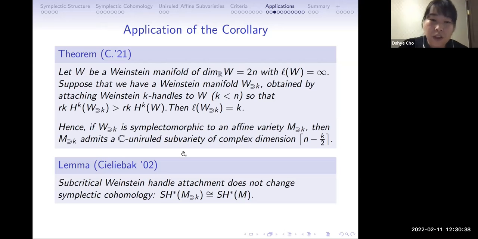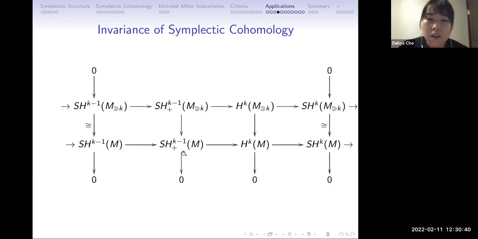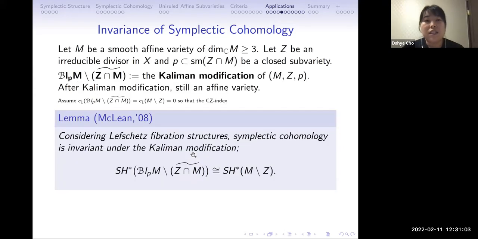So when you see this diagram, symplectic cohomology does not change, but cohomology changes. So the extra cohomology classes should be hit by the delta map. So the L invariant becomes k. So we can apply this idea to